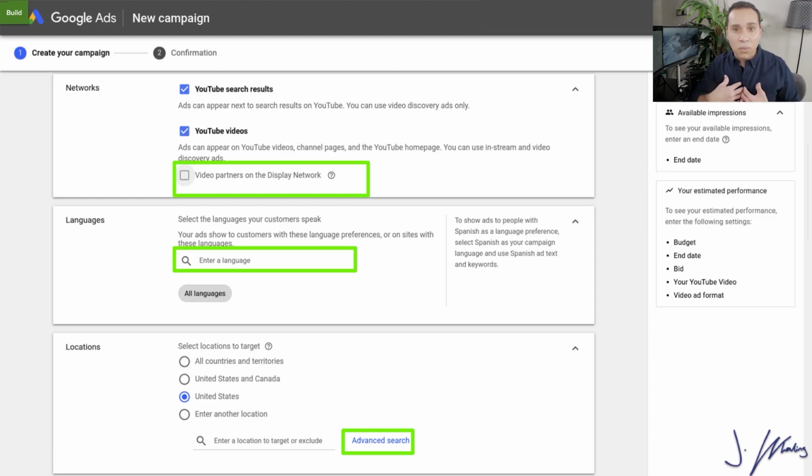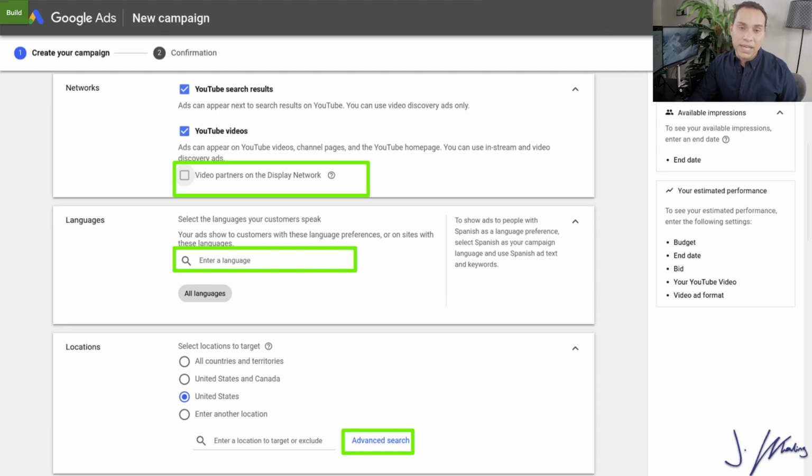And because we want to have some actual metrics in terms of how our videos are performing and remarketing, we want everything to stay on YouTube, where Google can do their creepy thing, track all of our views, and actually help us with similar audiences and remarketing in the future, something they're not necessarily going to be able to do if we've checked display network.